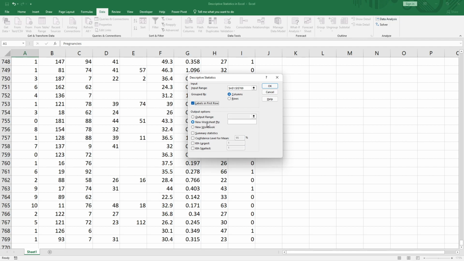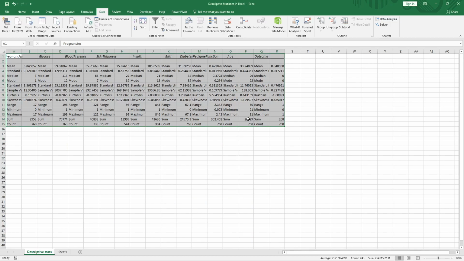I will be getting the descriptive statistics in a new worksheet, and you can give it a name, which I can give as descriptive stats, or you can even create a new workbook. You can always give it an output range, that is you can select a particular range here, and in that range it will give you the values of the descriptive statistics. Basically what we want to do is calculate summary statistics, and I will check this option and then hit OK. Now it will create a new sheet for me since we had given a name.